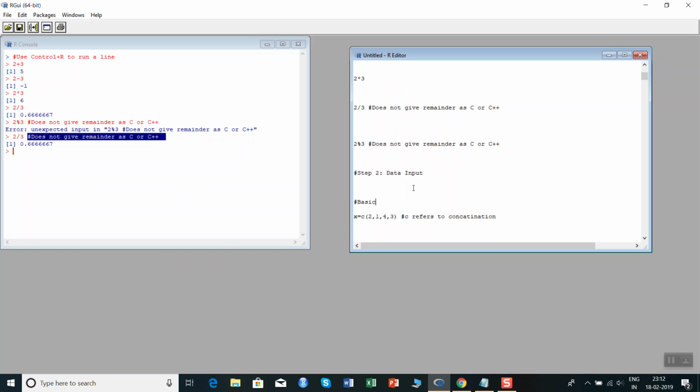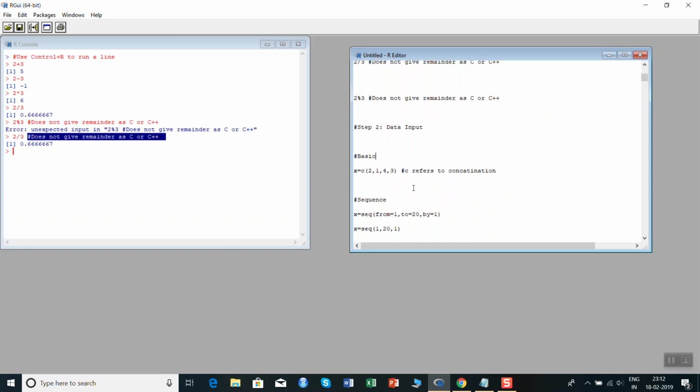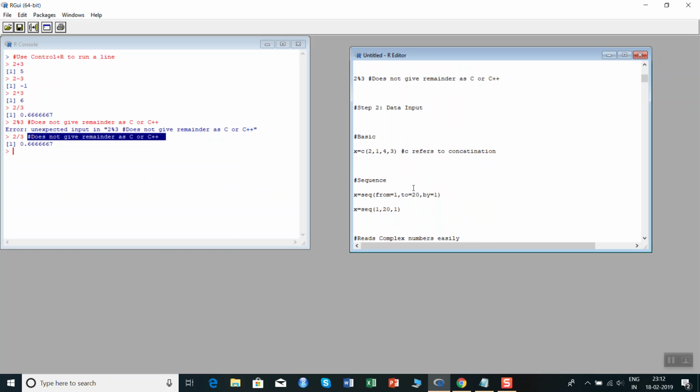Now, in the very first step, what comes to our mind? How the data can be put into the system. Suppose x is a variable which has 4 values, 2, 1, 4, 3. How to take these values into x in R?